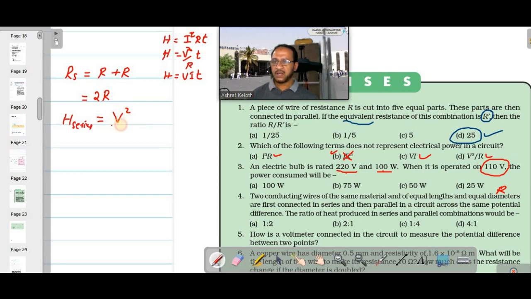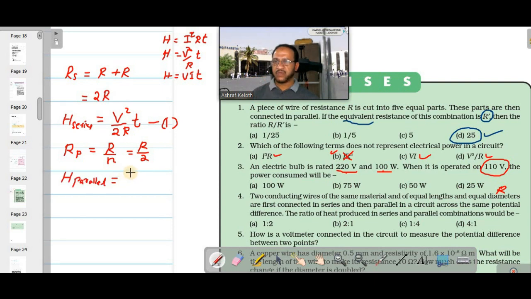In both the cases, total potential applied across the ends will be same. So in series combination, when we apply V square by R into T, potential is V square, total resistance we have 2R into T. This will be equation number 1. Okay. Then when these resistors are connected in parallel, the total resistance in parallel combination will be what? If same value of resistors are connected in parallel, we can use the equation R by N. So here one resistor is R, total 2 are there, so R by 2.